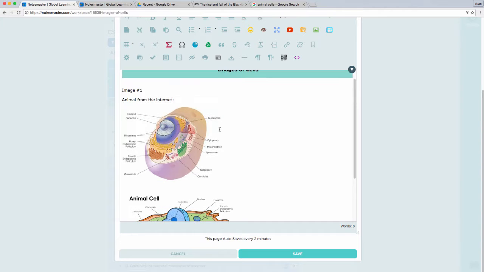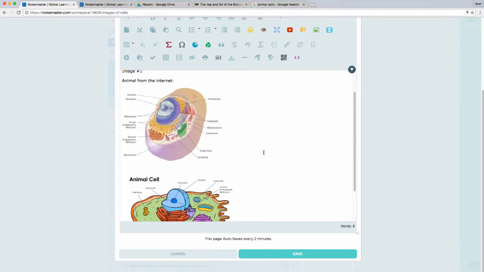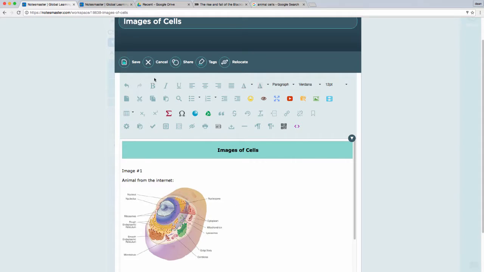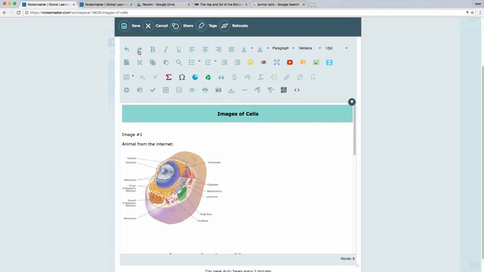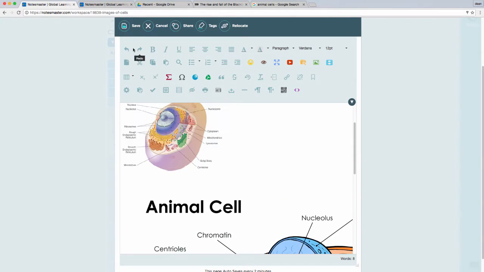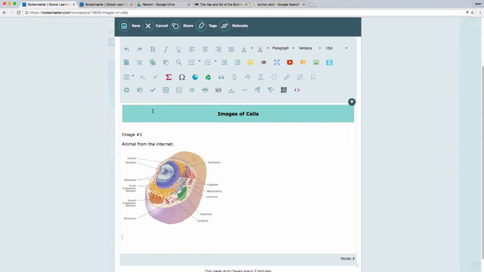Okay, so we've got 2 images on our page from Google. If you make a mistake and you want to undo, just click the undo. Undo, undo, undo. And there we go, image is gone. So you're just going back and you can reinsert it if you click undo again or redo. So that's image 1 from the internet. Now image 2